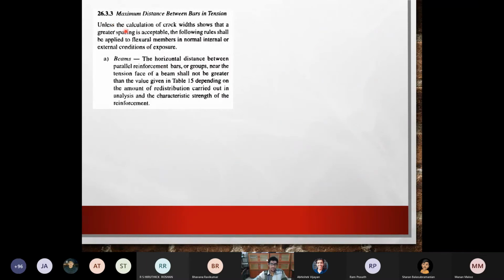There is also a maximum distance. Converse to this, for minimum distance you told me that concrete will not go inside. If the distance is too much, what is the problem? Spacing is too much between the bars. The majority of the concrete will flow through that section, and the concentration of concrete will be greater in one section, which is favored by the gravity flow. Suppose we are pouring from the top. There will be a lot of concrete in that section.